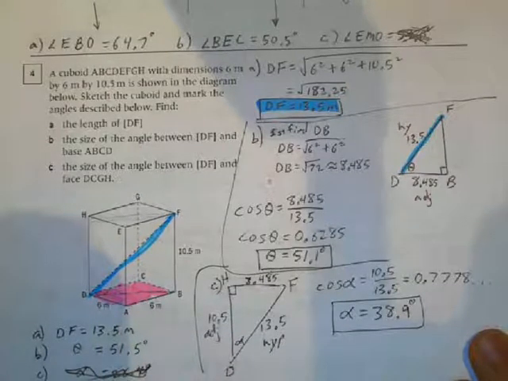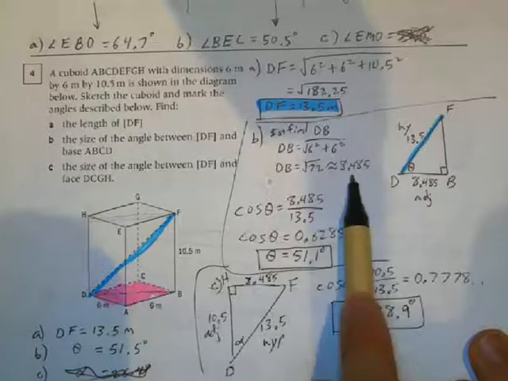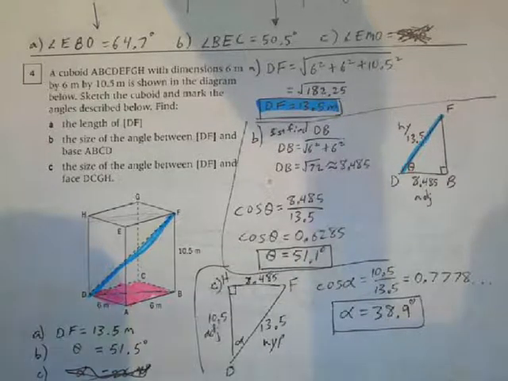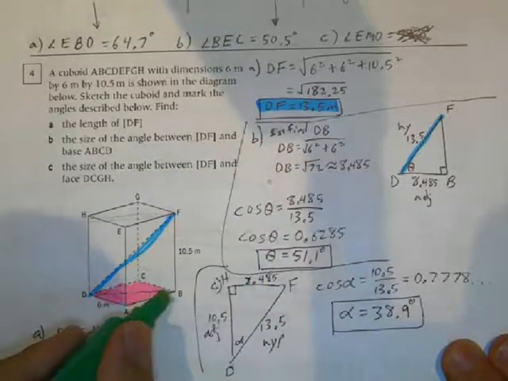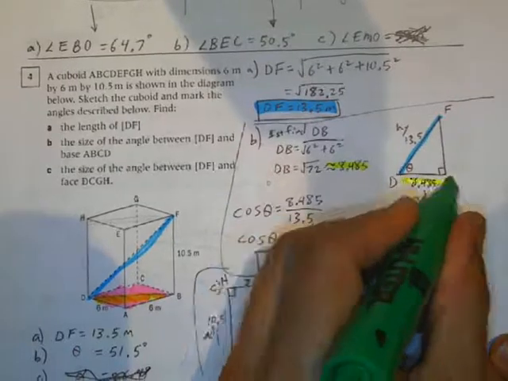So what I did is I did 6 squared plus 6 squared, take the square root of that, and I get 8.4. I get this value here. So this value here is 8.485